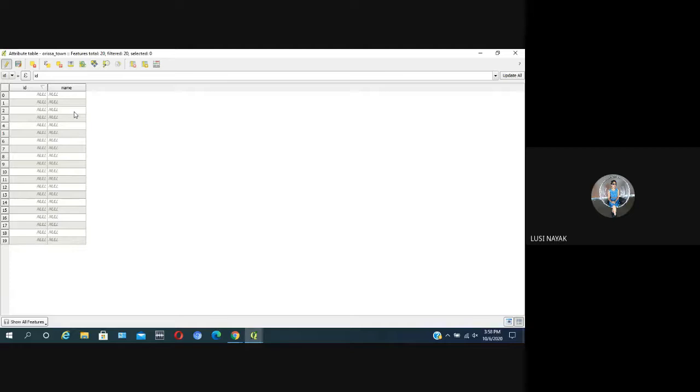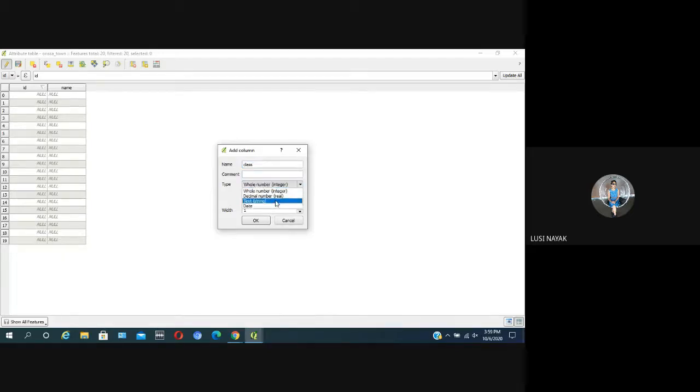So prior to that, another column also. Another column is the type or class of the town. Okay, class. Another column name is class. Type is numeric because class is 1, 2, 3. It is a rank, a whole number.